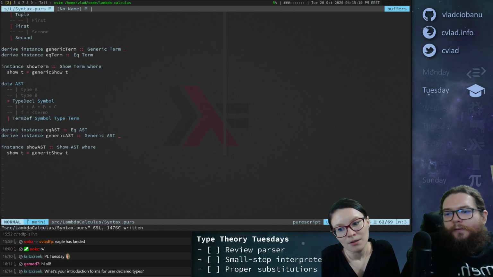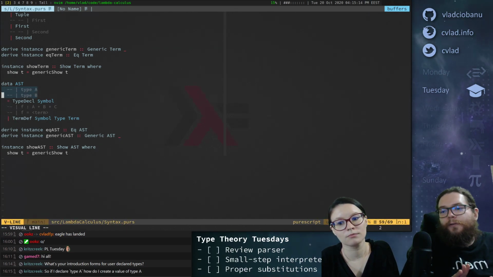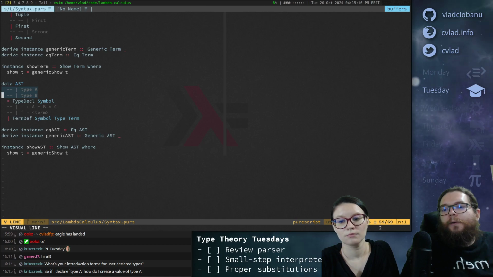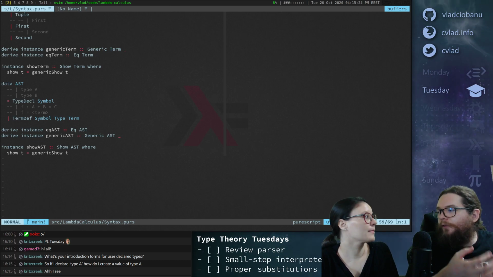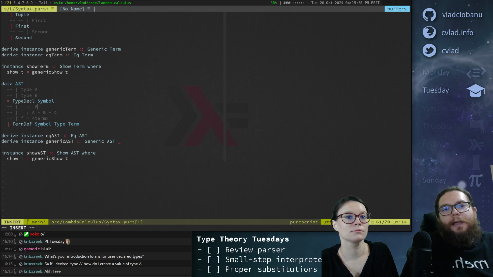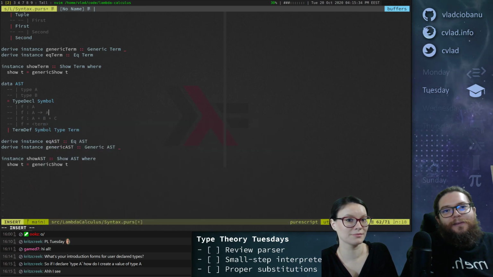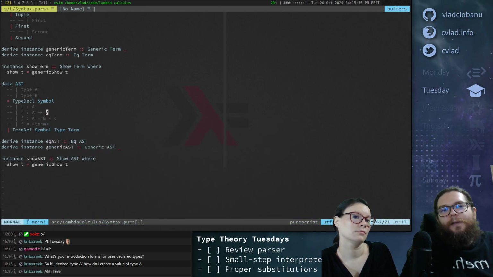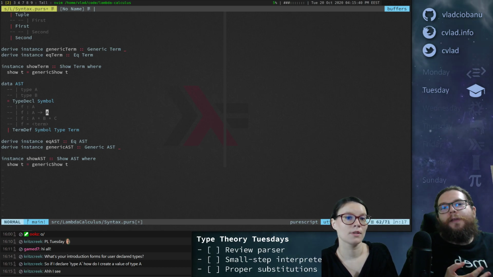So Christoph asks, what are your induction forms? Okay, so the only user-defined types are voids for now. So no, you cannot create a type with a value. For now, we consider them just propositions. They don't have any structure. So, for example, you can never write f of type A, but you can always write f of type A to A. For now, we're only looking for tautologies, for things that are provable without any other axiom.